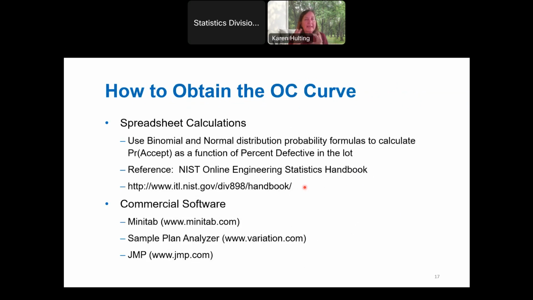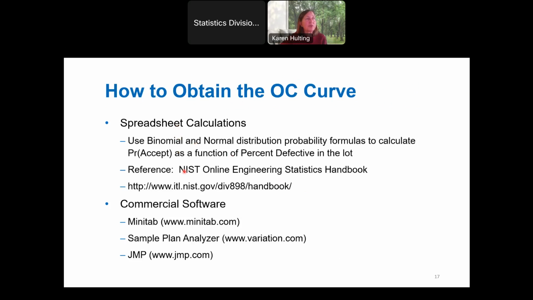So, as I said, we want to show you how to evaluate an OC curve plan. If you suddenly are the person looking into an acceptance sampling plan, or suddenly you become the owner of a process and you want to know, is my acceptance sampling plan defendable? Does it have statistical rationale? The first thing you want to do is this OC curve calculation, and it won't take you very long.